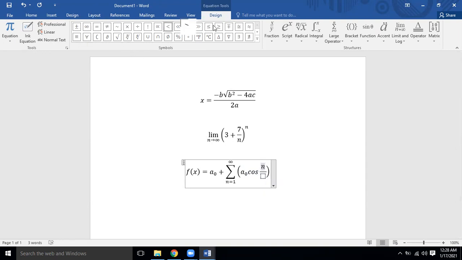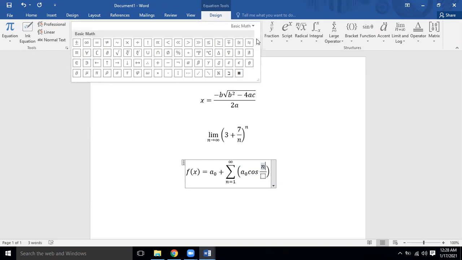Where is the pi? Find out the pi from here. It would be available over here. When you are typing the equation, you will take the symbols from here. You will not go to that option of insert symbol. No, find it over here. Okay, and these symbols will be there.